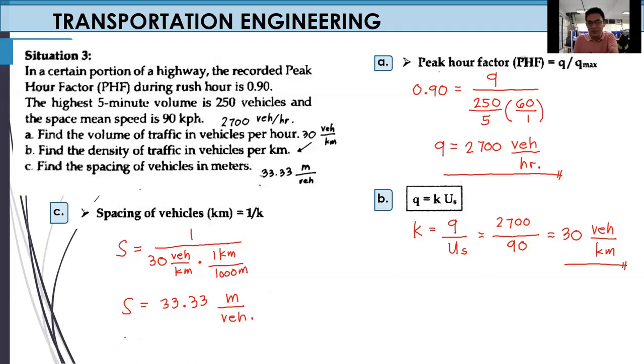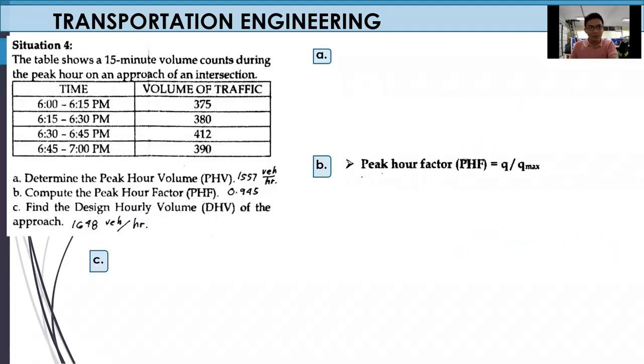Ayan siya. Spacing. So, yung spacing from one vehicle to another vehicle is 33.33 meters. No? So, pag iisipin mo, hindi siya traffic. Final answer. Ayan, so for our example or situation number 4, we have here a table shows a 15 minutes